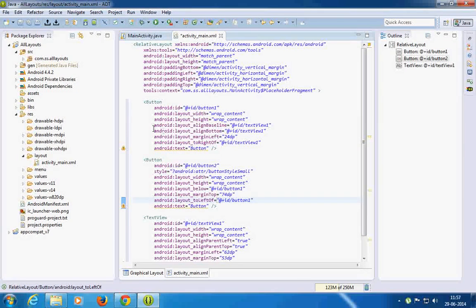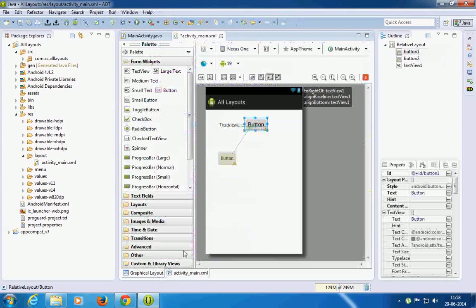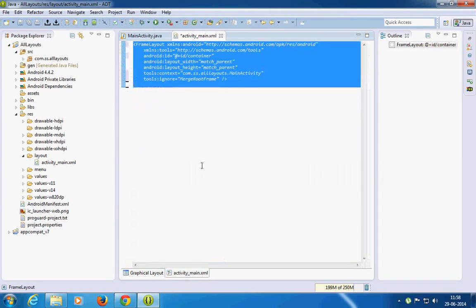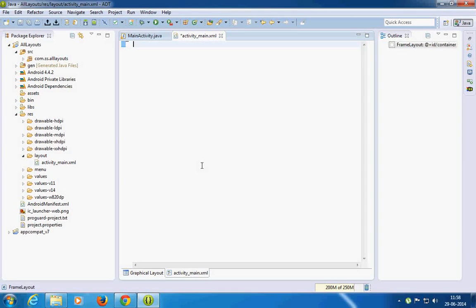We see over here this line says android:layout_alignBaseline to text view 1. So this is aligned with text view 1 and the bottom according to text view 1. That is how they are mapped with each other. We'll just do a Control Z, so we go back to our original thing. So this is how relative layout works. That is, if you want buttons to be placed as you want in a random order, you will be using relative layout. So I'll just delete the relative layout.